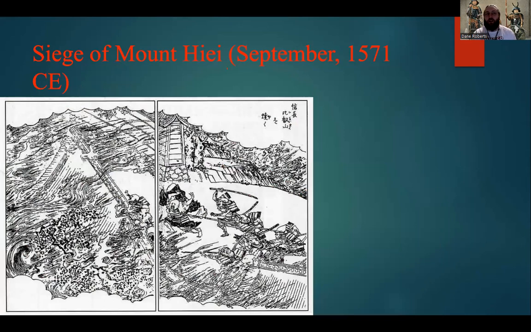and saw intense fighting, like you see here, as well as events such as the siege of Mount Hiei, where Oda Nobunaga ordered the burning of the Mount Hiei Buddhist temple in order to gain an advantage against the Ikko-Ikki because of the chaos of the fire spreading around and all kinds of things like that, as well as depriving the Ikko-Ikki of a potential fortress later on. This is where he actually got his title, the Demon King of the Sixth Hell, from.